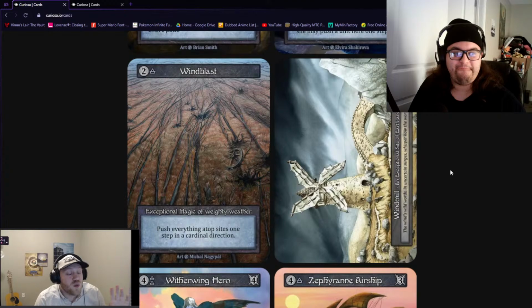So Wind Blast will push everything. It will push monuments, it'll push auras, it'll push everything if it can. It normally doesn't push auras because usually auras will be like 3 sites and 1 void. And because of how the sites are positioned, it can't push the site because it'll make one of those change